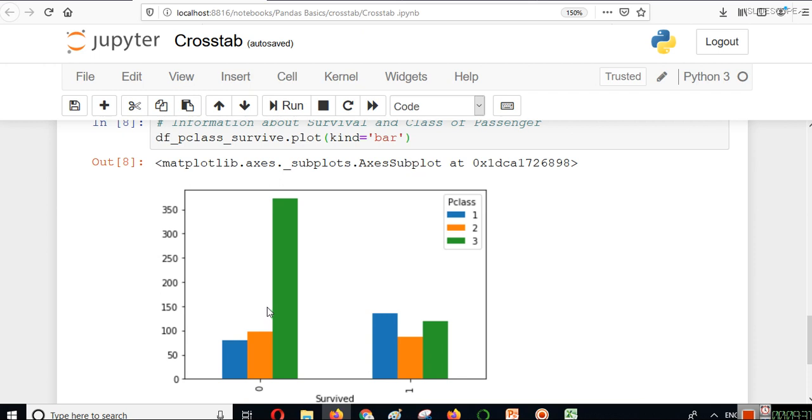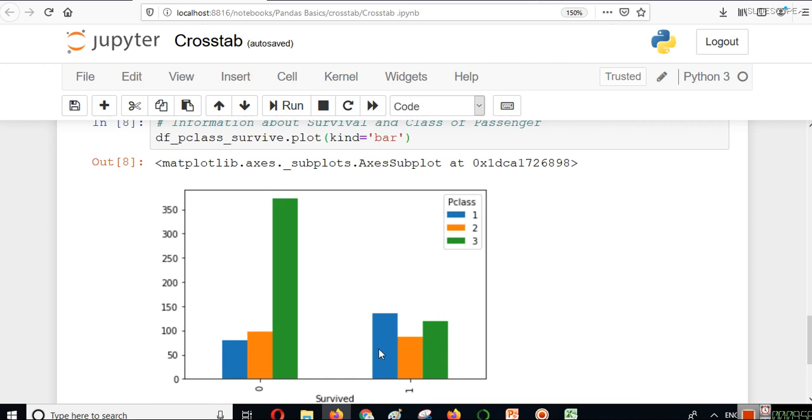You can see the number of people who were not able to survive is highest in case of passenger class 3, because the ticket of passenger class 3 was cheapest in these three classes. So passengers who were traveling in passenger class 3 were most unlucky, and they were not able to survive the accident.